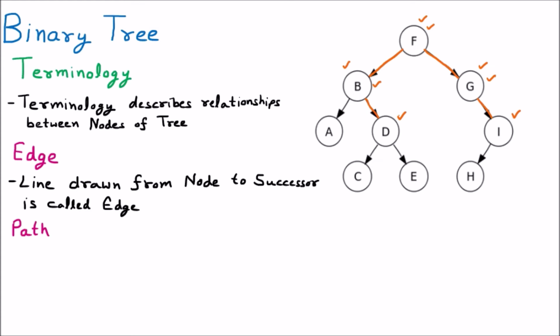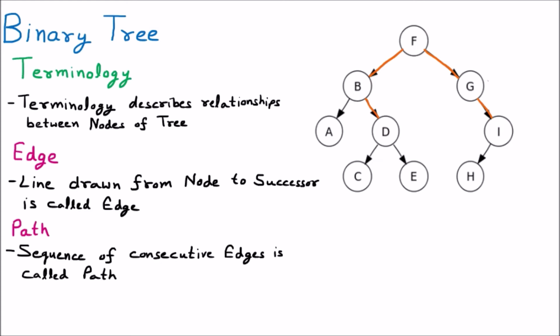Now we are understanding the next thing, which is path. The definition of path says that a sequence of consecutive edges is called a path. Sequence of consecutive edges means if the edges are combined, they are called the path. We know that we have already designed some edges. Let us suppose that this is the edge E1, this is the edge E2, then further we are having another edge E3, then afterward the edge E4. Out of these edges, the consecutive edges which are connected are called the path.